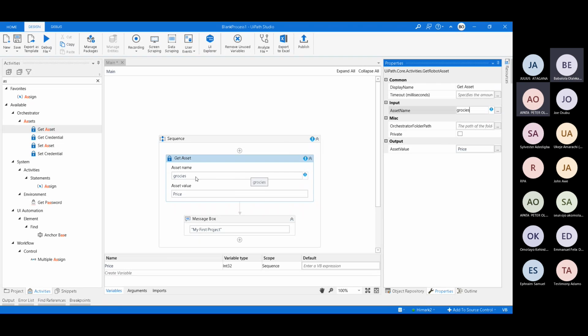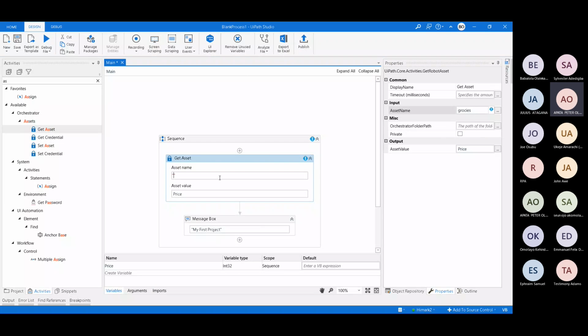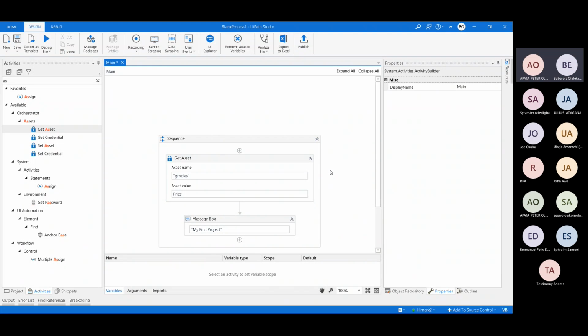This asset name too, am I supposed to also create a variable for it? No, you put it inside the quote.